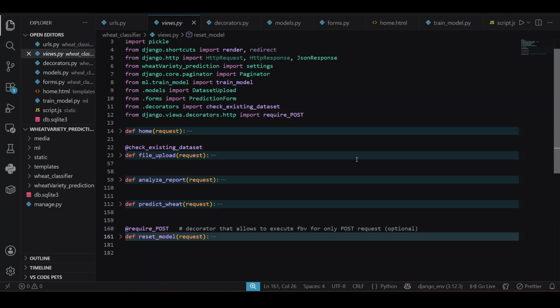In this video, I will explain a Django project where I have integrated a machine learning model. Previously, I did the same thing, but in this project I have changed the machine learning model. Previously, I integrated a logistic regression model inside the Django project and predicted the flower category,